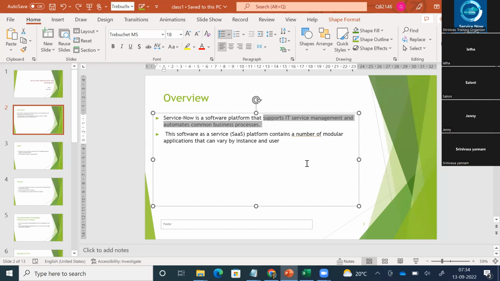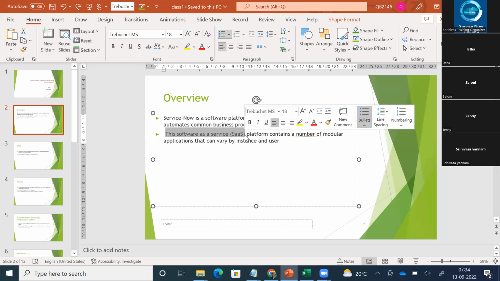Now, next it says it is software as a service. Anyone who has joined the prior session, do you want to walk through, just as a recap for you, what is software as a service?